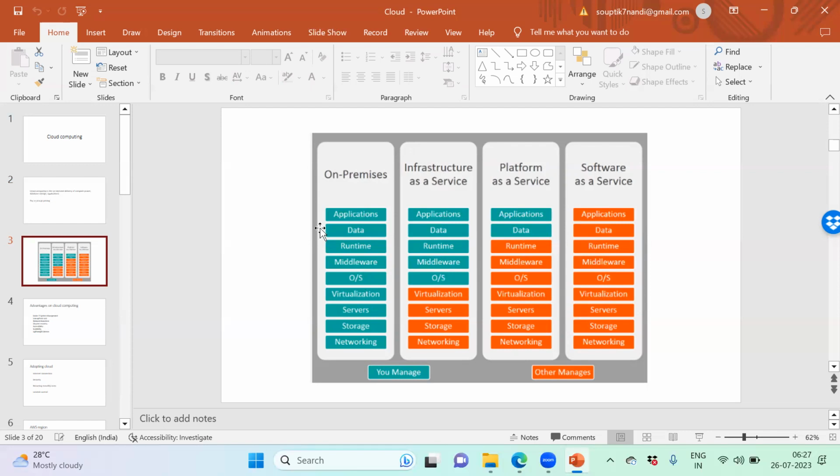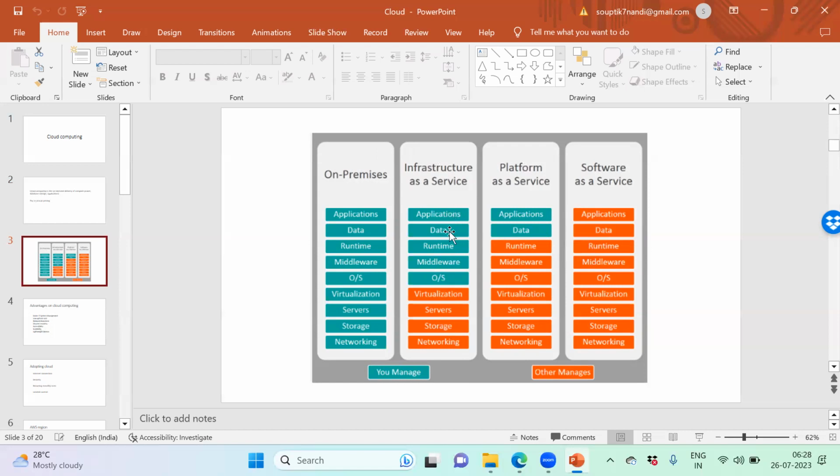But the main difference between the three services is that a particular portion is highlighted in orange and some portion is highlighted in green. If you choose any one of the services from the cloud, the green portion should be maintained by the user who is taking advantage of the cloud, and the orange portion should be supported by the cloud itself.